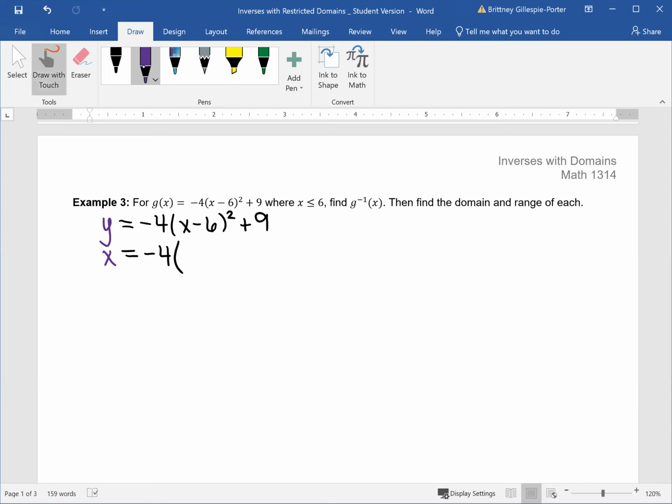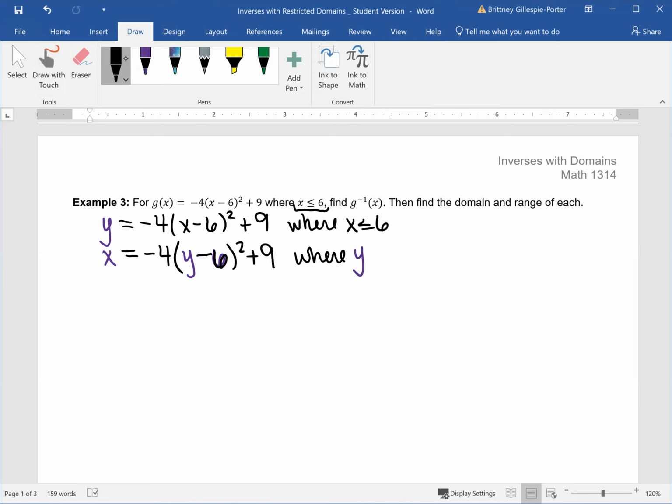-4 times (y minus 6) quantity squared plus 9. And where it said x less than or equal to 6, we're now going to have y is less than or equal to 6. That's going to come with us. It's kind of like a GCF where we just carry it along with us till the end, but we're going